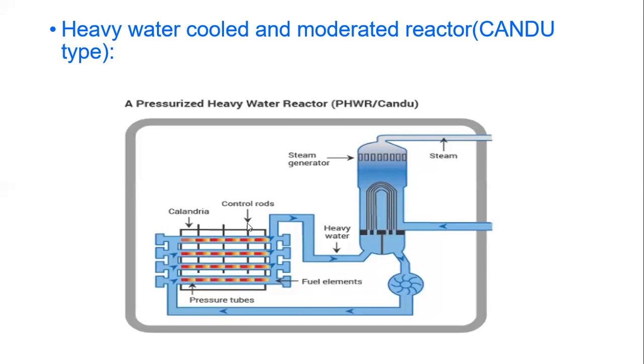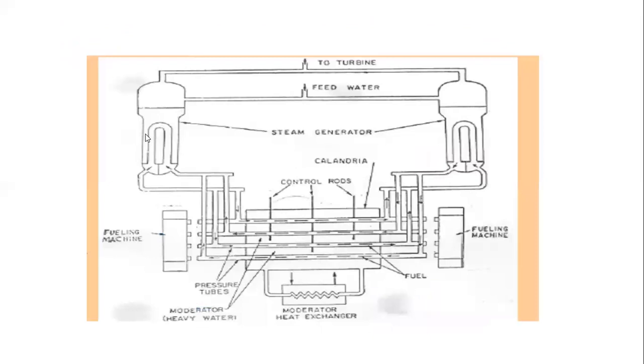Okay, this is the basic construction design of the CANDU type of reactor, and this is another basic constructional design. This is the primary circuit and this is the secondary circuit. These two are the steam generators. These are the primary circuits and these are the secondary circuits. This is the steam generator and steam generation circuit, and this is the heavy water circulating circuit. In that we have the moderator, fuels and control rods.